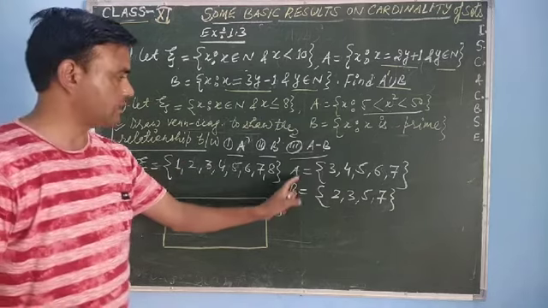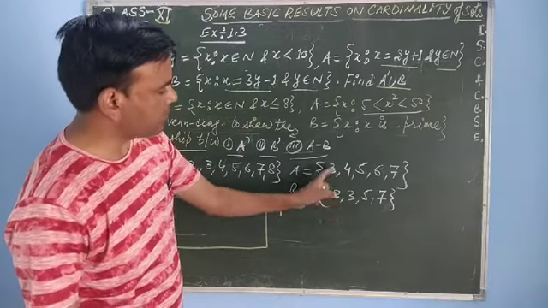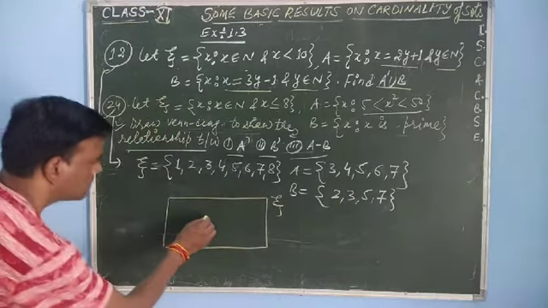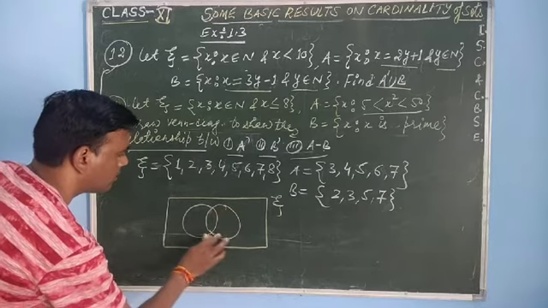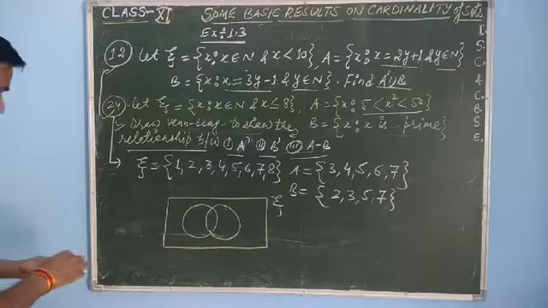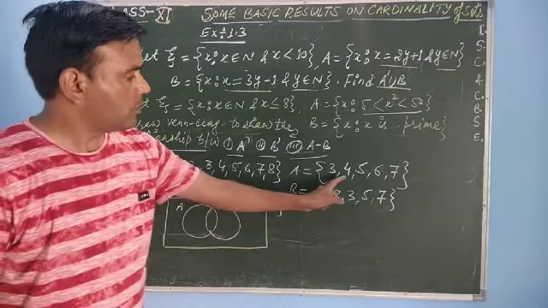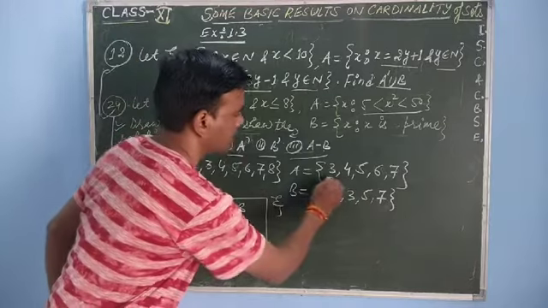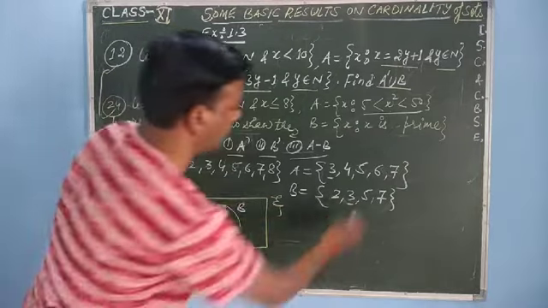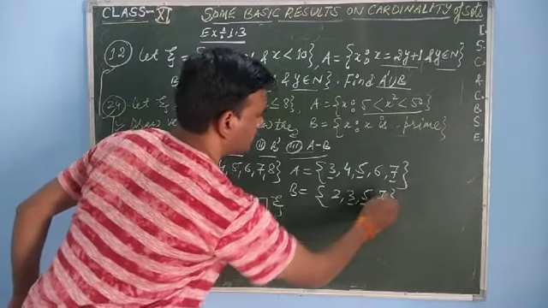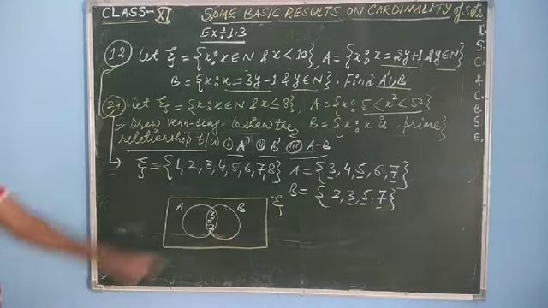Okay, now we have two subsets A and B. Actually, some elements of A and B are common to them, so these two subsets will be overlapping, because they have some elements in common. Now see here, suppose this is set A and this is set B. First of all, we will write the common elements. 3 is here, 3 is also here, so we will write 3 in the common portion. Then 5 is common to both, and 7 is again. So 3, 5, 7 will be inside.